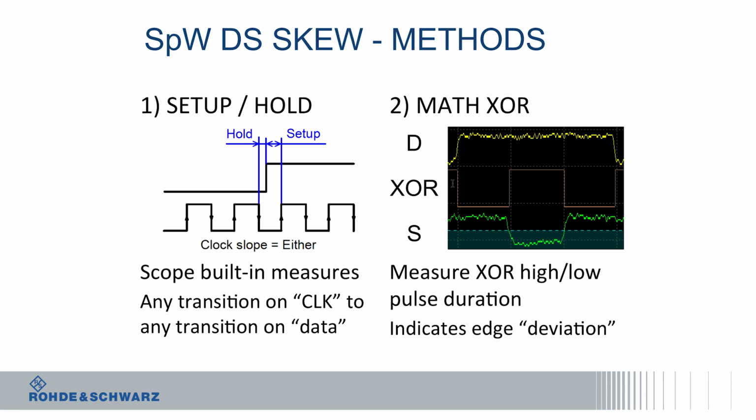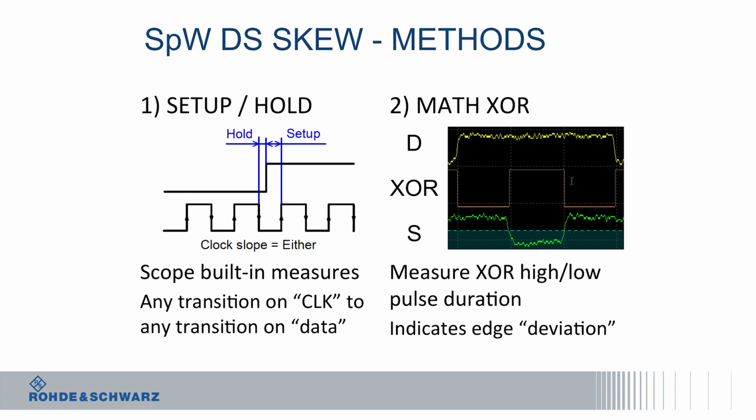Method 2, we take the data signal, the strobe signal, and we do a mathematical function like a logic XOR between them. And then we measure the XOR high or low duration, because as you have a skew on this edge, for example, if the strobe edge occurs earlier, it means that this transition will be earlier, and it means that this pulse will be wider. So as you are measuring the width of this pulse, if it goes much beyond the 5 nanosecond standard for 200 megabits per second, you are seeing that this edge is having a deviation,